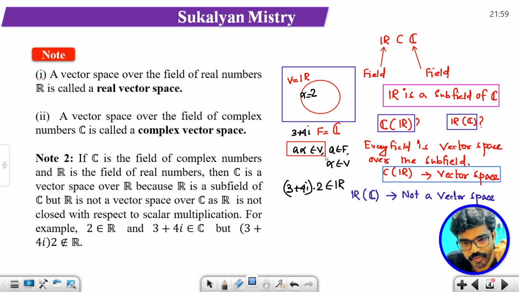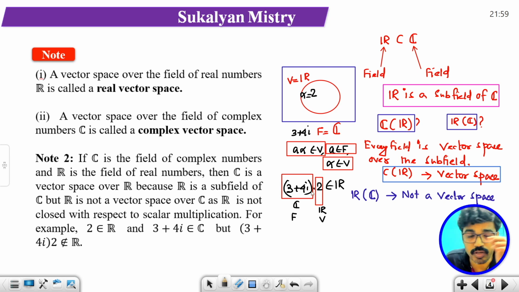a·alpha belongs to কি হতে হবে, V হতে হবে, for all a belongs to F, a is a scalar and alpha belongs to V. So we consider an element from R, that is 2, and an element from the field C. Basically this is an element of C and this is an element of R, so basically this is V and this is F। So a·alpha কি হতে হবে, V এর এলিমেন্ট হতে হবে, তাহলে a·alpha দেখো 3 + 4i into 2, that is a complex number, so this does not belong to R, so a·alpha does not belong to V,